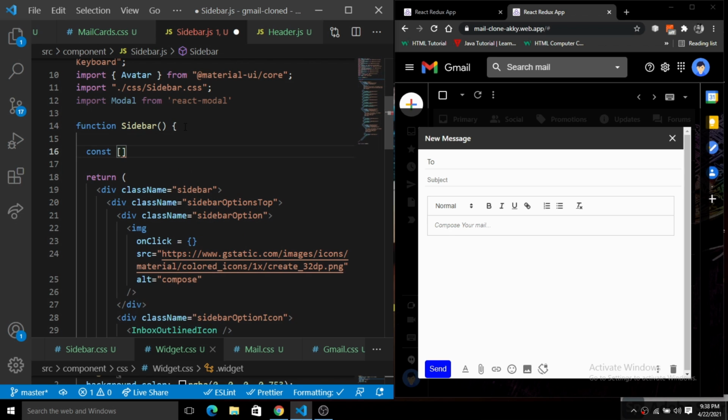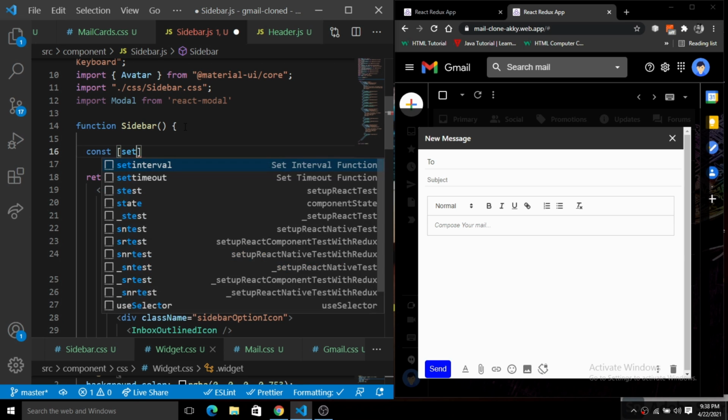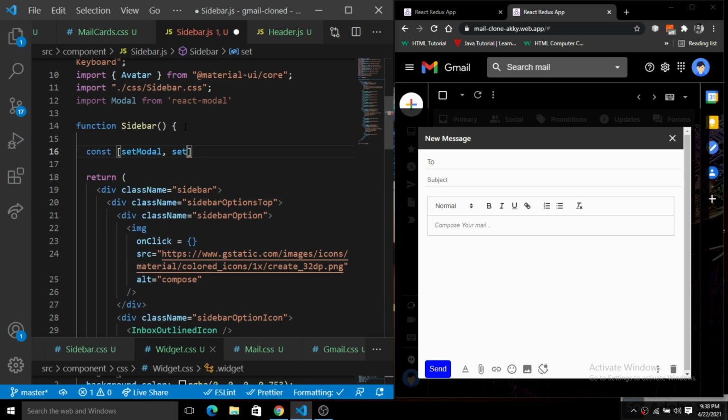Here we will simply create a state using the useState hook. Let me give it the name modalOpen, and setModalOpen, right?